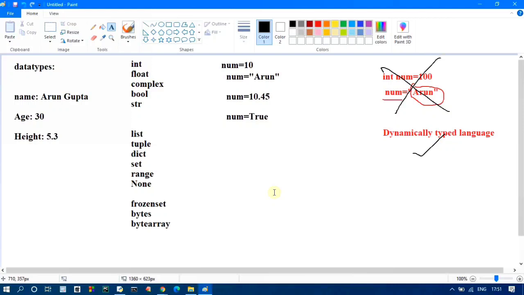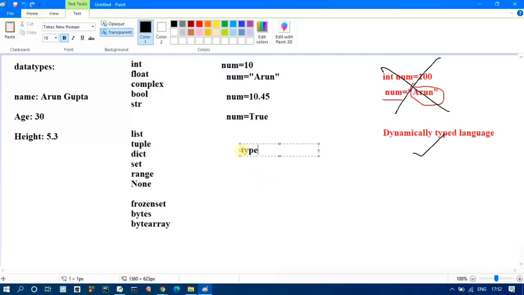ठीक है, हम क्यों माने ऐसा? So Python provides us an inbuilt function. That function is called the type function. This type function returns the data type of a particular variable. We just need to pass the variable name and use the type function. It returns the data type of the variable, so you can see very clearly what data type Python declares internally.